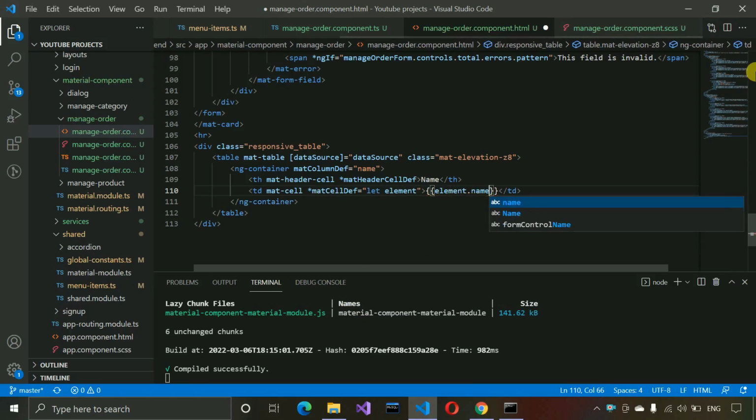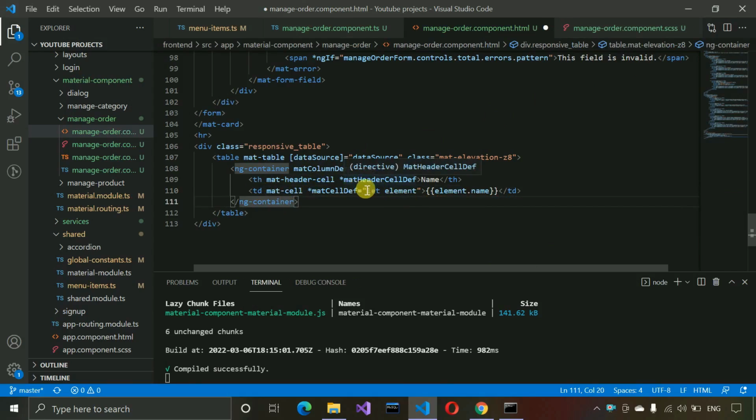Okay, so here we need to check once if we made any mistake or not. So mat-header-cell will be there, after that matCellDef, this one, let element, and just like this. Yeah, it's correct. So let me copy this line of the code and let me paste it over here